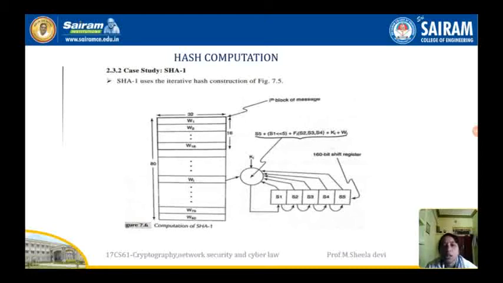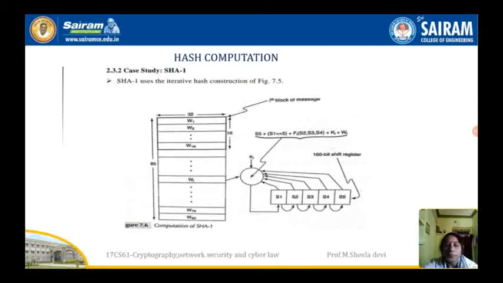Whatever the value is there in the S5 will go directly to the input. So after doing all these operations, that is S5 plus the value in S1 shifted left, then after applying the function on the values of S3, S4 and S2, then adding it with the key constant and the words, whatever the answer we are getting will be saved in S1. So we are working now on the value which has to be stored in the shift register called S1.